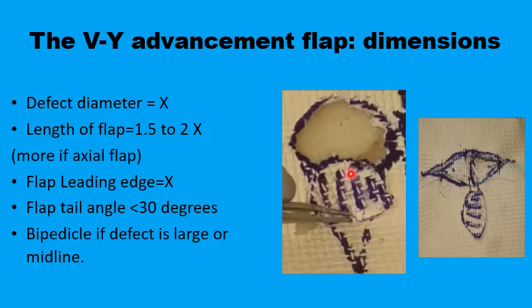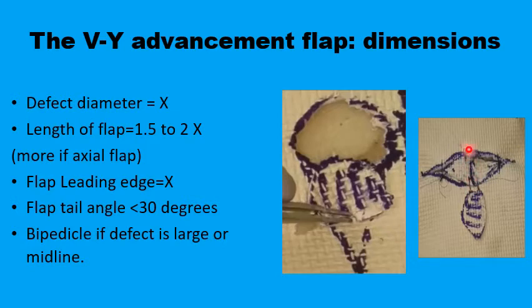Flap dimensions. The leading edge of the triangular flap should be equal to the diameter of the defect. That's an X. The length of the flap should be between 1.5 and 2 X's, and the angle at the apex should be about 30 degrees to prevent a dog ear formation. And if there isn't enough tissue on one side of the defect, or if there isn't enough tissue laxity, you can have the flaps from both sides meeting up, particularly in the midline,